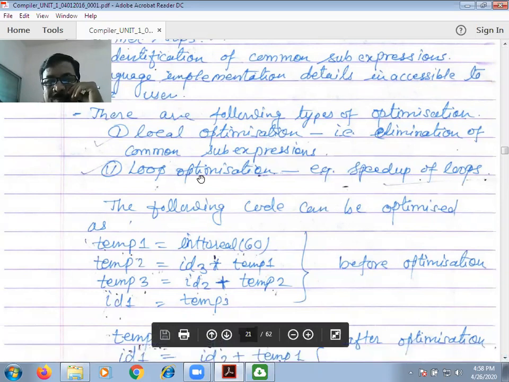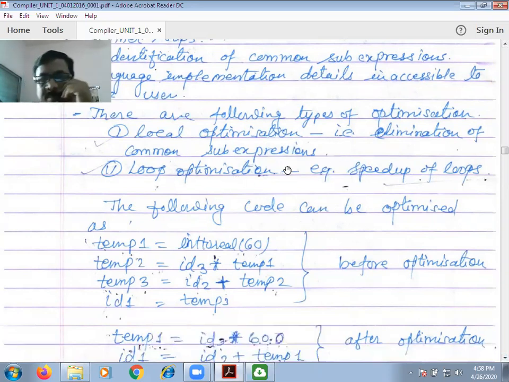That loop optimization and local optimization, all the optimizations may be discussed in other chapters. The following code can be optimized in terms of